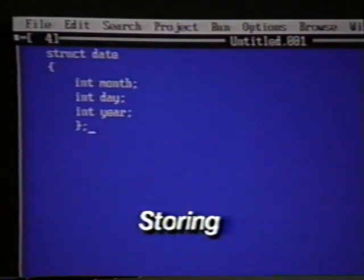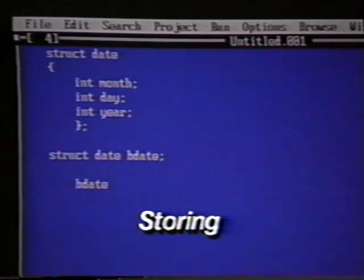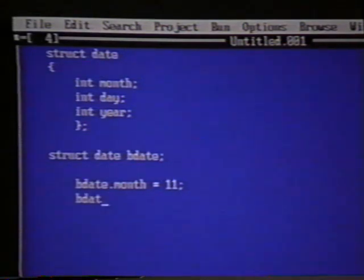To store a date in our structure, we can assign values to the structure members. struct date bdate; bdate.month = 11; bdate.day = 23; bdate.year = 1955;